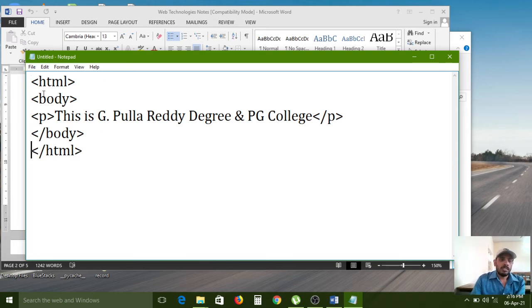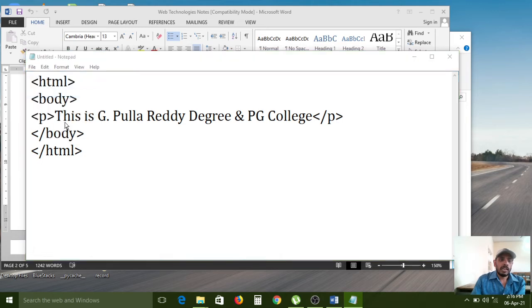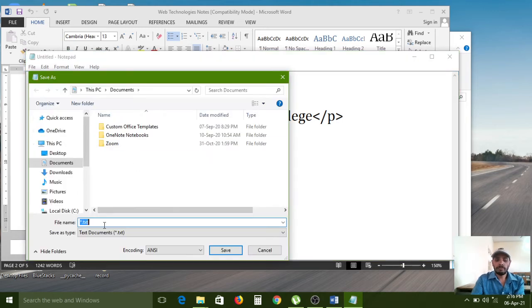My program is over. Now I am saving. Go to file menu, choose save option. Here, paragraph.html. Here .html is mandatory because every HTML program contains the .html extension. Without the extension, the browser does not understand this file is related to execute in the browser.